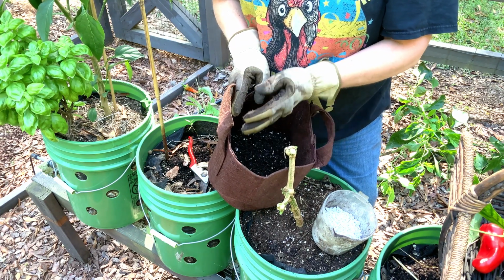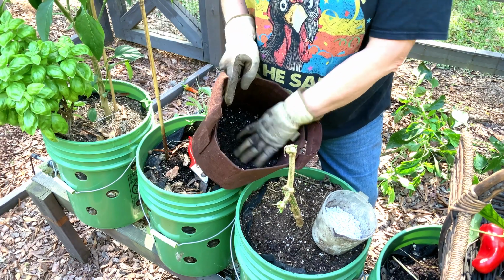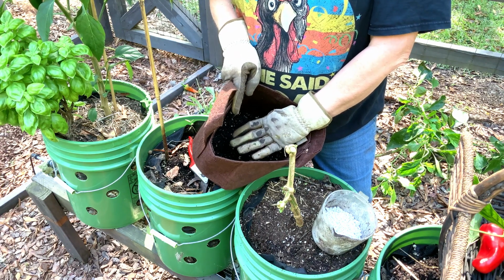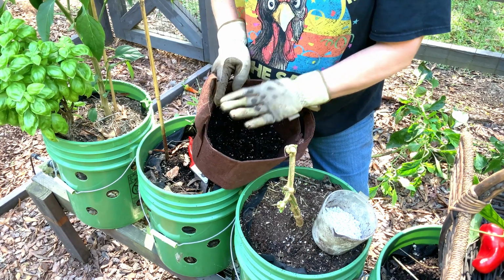This is Happy Frog indoor and outdoor potting mix. I like this brand because it has mycorrhizae and humic acid in it, and you want to use brand new